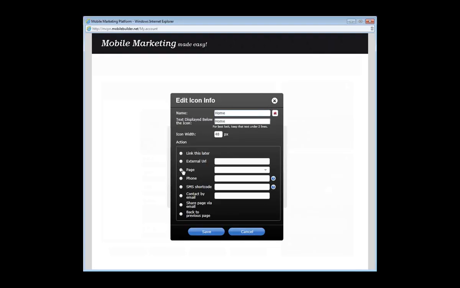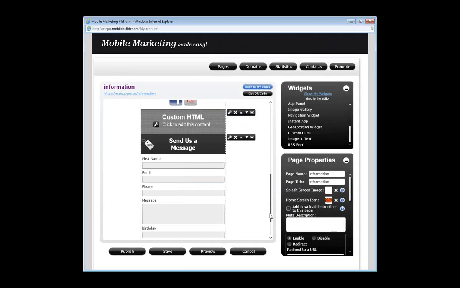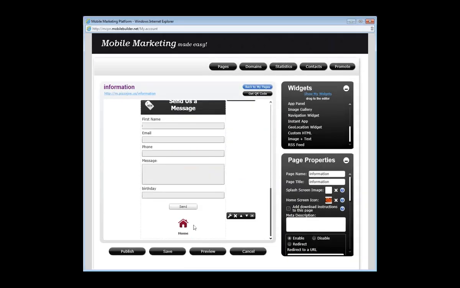Home, link it to a page, home page, save it here. So now when I view down at the bottom, now I have this little icon to connect to my home page, and if I had other pages, I can add other pages to